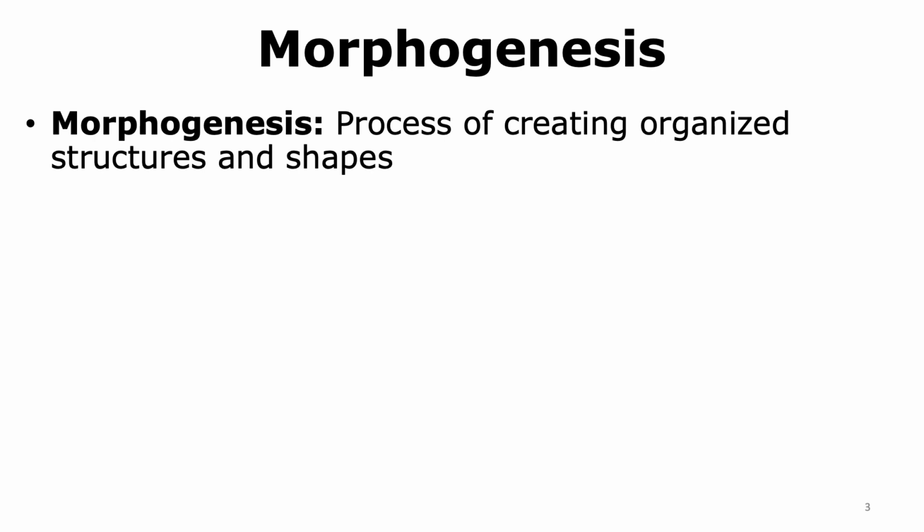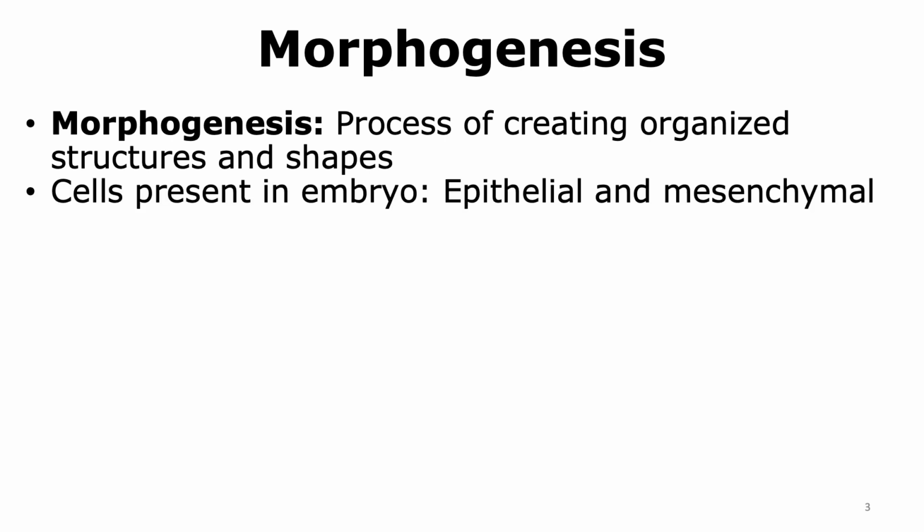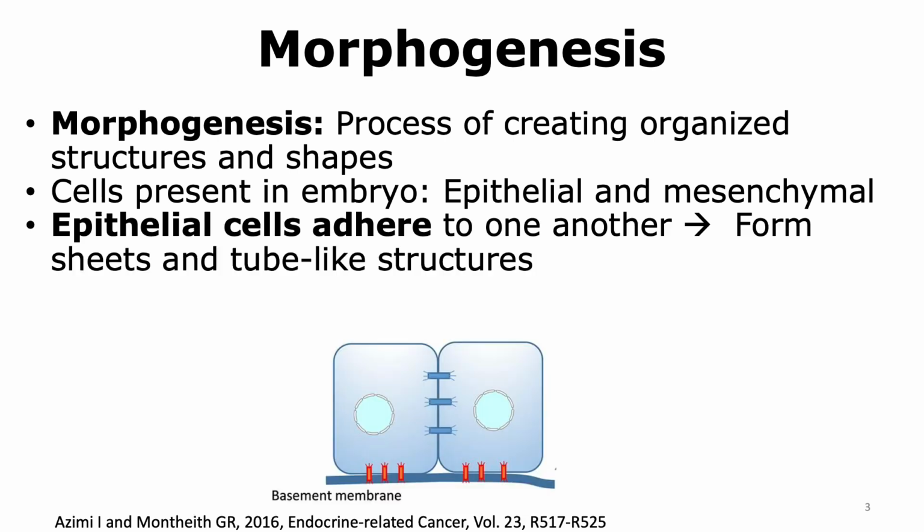Morphogenesis is the process of arranging cells in such a way that they create organized structures and shapes. This process is very important for the development of organs and allowing these organs to function. The main types of cells that are present during development are epithelial and mesenchymal cells. The epithelial cells are able to adhere to one another, and so they're able to form complex structures like sheets